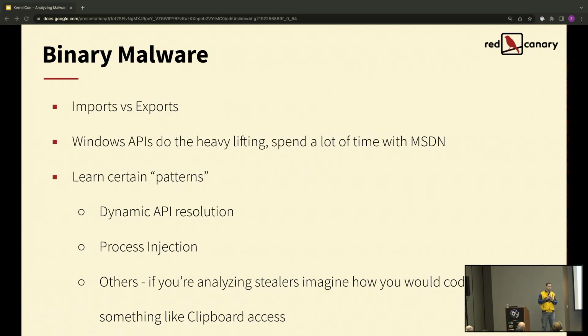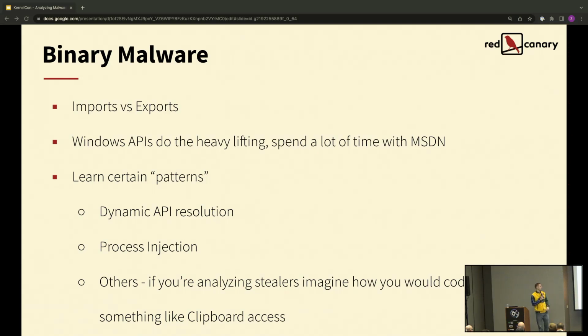FireEye has a great tool out there called Kappa that you can run against deobfuscated binaries and get a good grasp of what they're capable of just based on imports alone. If you're dealing with something like a DLL, it's similar, but instead of having only imports, it exports functionality to other applications. So if you see any malware that's based in the DLL format or CPL, something like that, you're going to want to look at those exports and figure out which one of them is providing the additional functionality